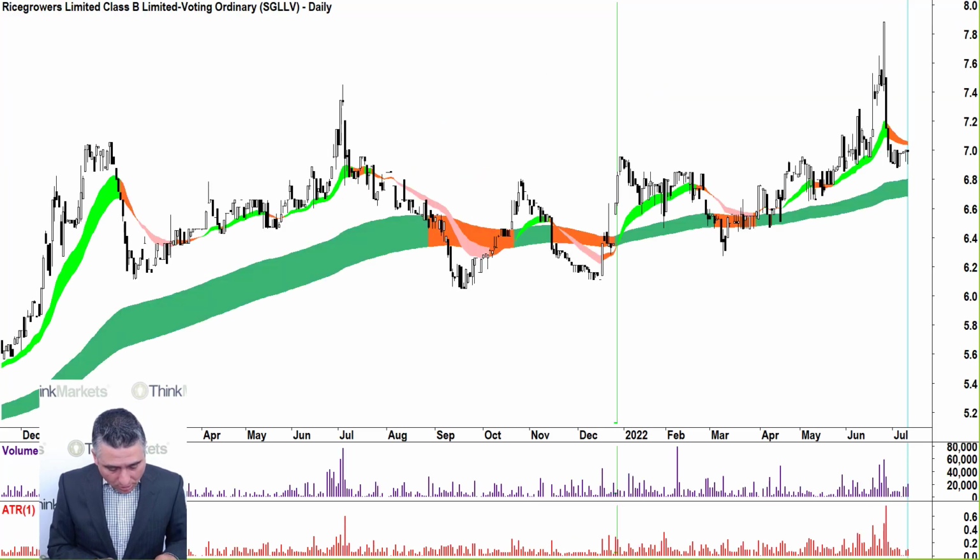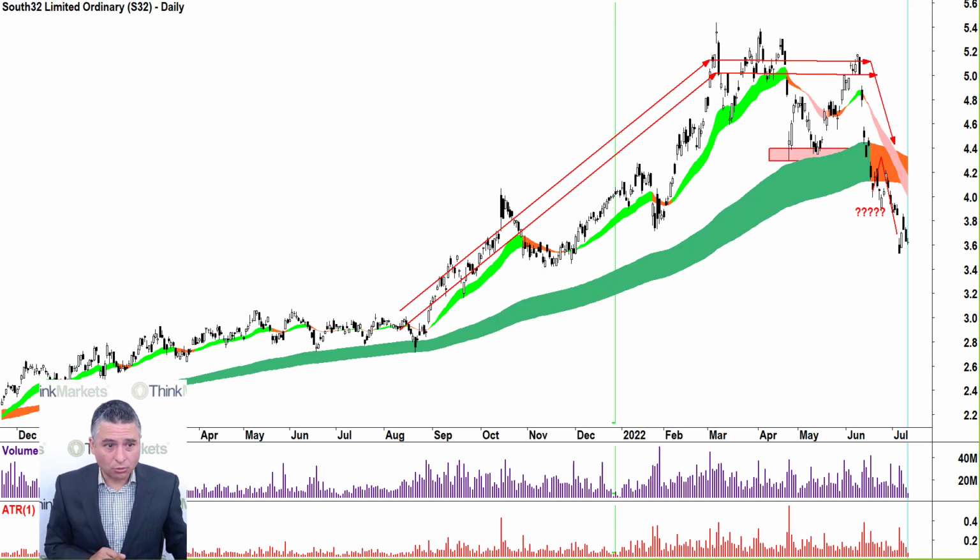Let's have a look at S32 on the chart. We've drawn this one before, haven't we? And it's doing all the stuff which we don't want to see. It's all trend change here. And where's the downside target? I mentioned